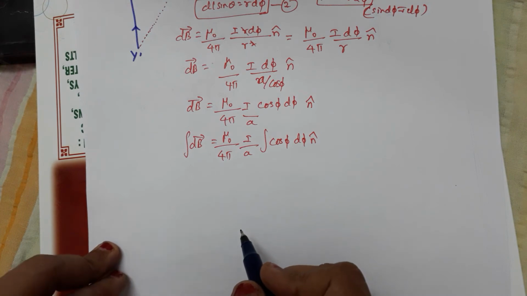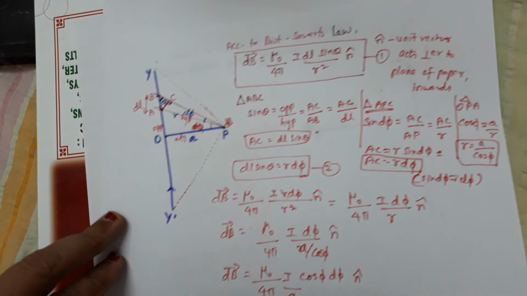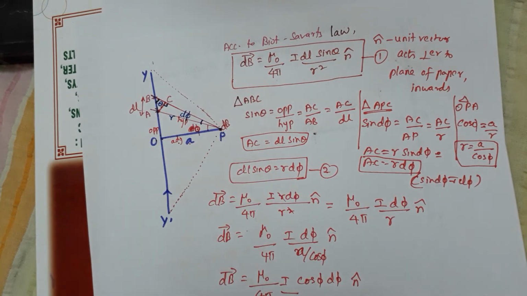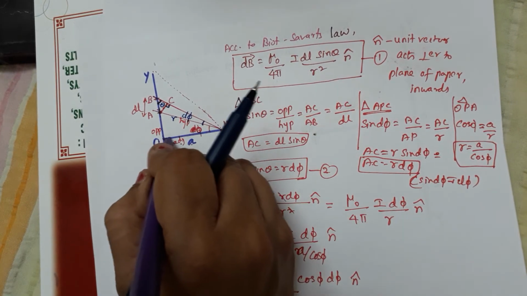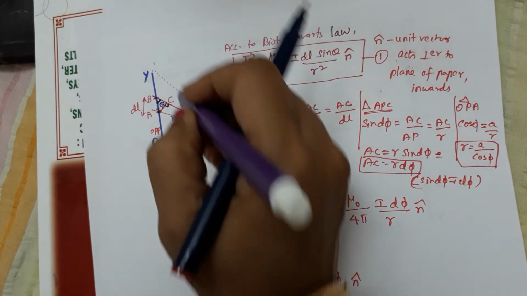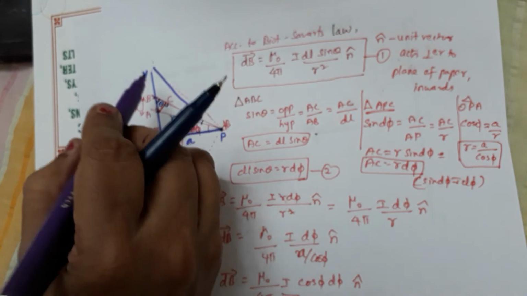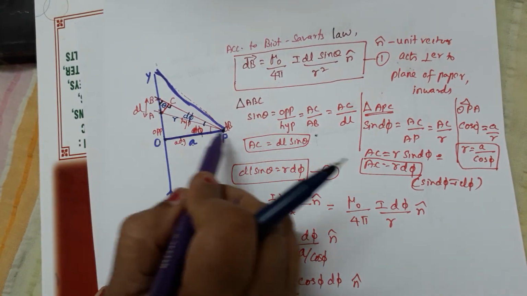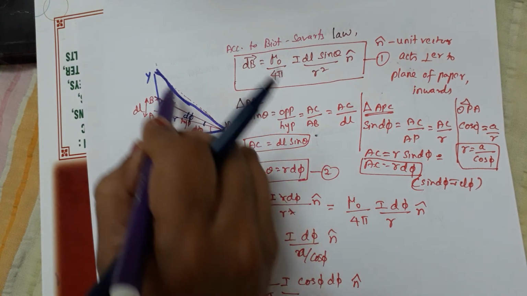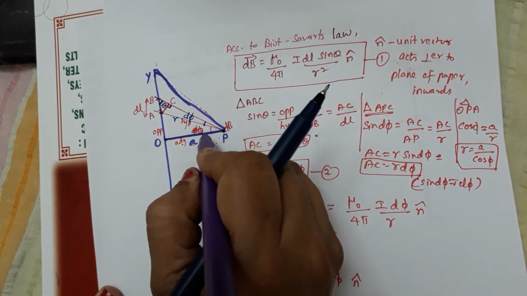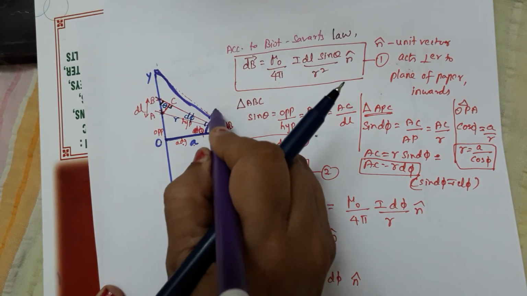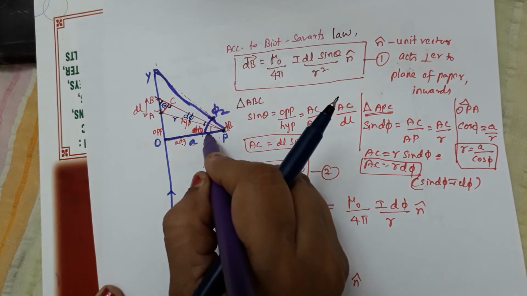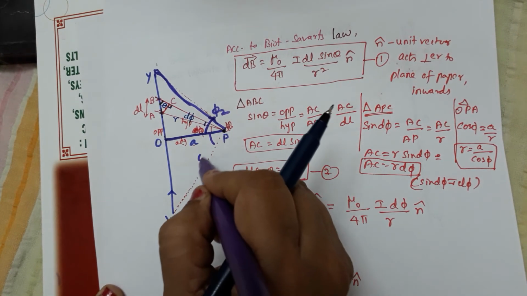Limits you have to substitute, right children? Look at the limits, children. I will use some different colors. Now look here, children. From this line you are going to measure this part, that is where the point P meets the edge of the wire, right? I'll take this as the x-axis. From the x-axis, this is phi 2. In the same way, from the x-axis to this line you can take it as phi 1.